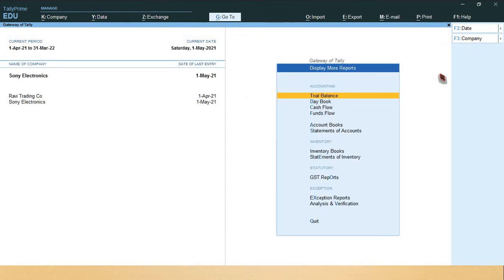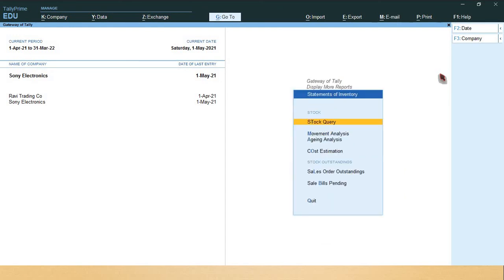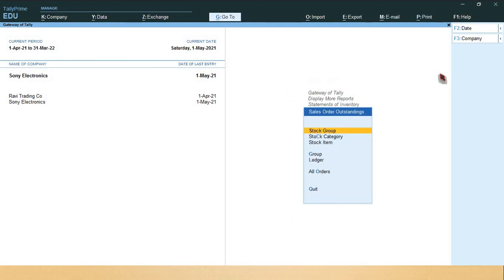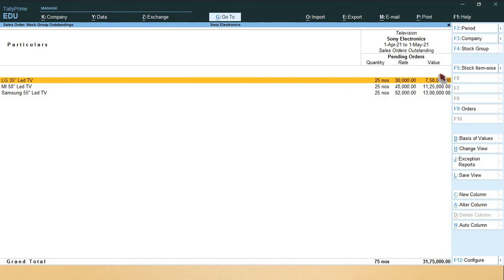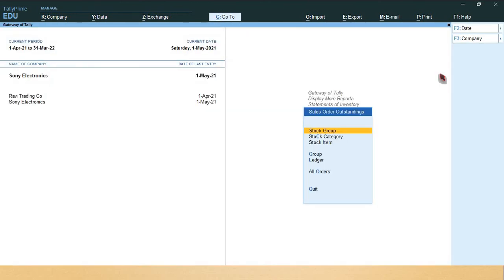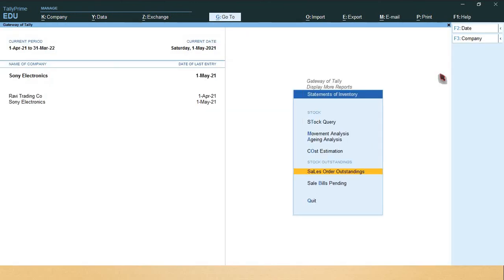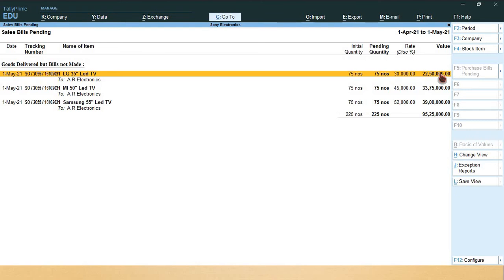Press display more reports, select statement of inventory, select sales order outstanding, stock group, television. See here, 25 numbers are outstanding, balances are there. Sales bill pending for 75 numbers each. Till now we didn't raise the invoice. Okay, so like this we can check the reports.